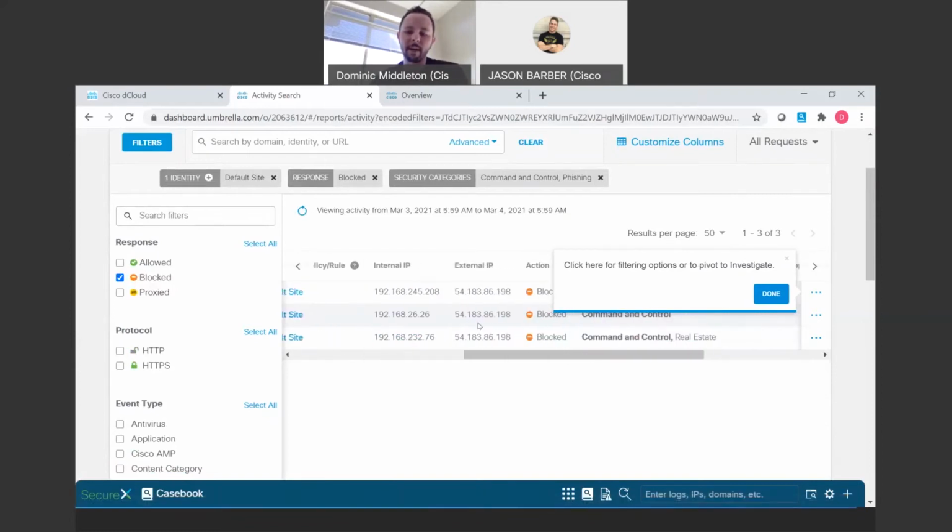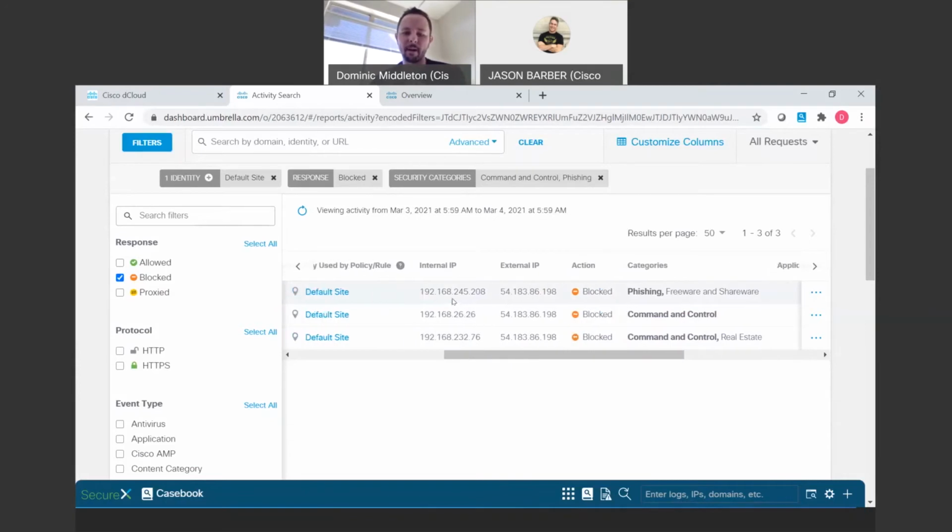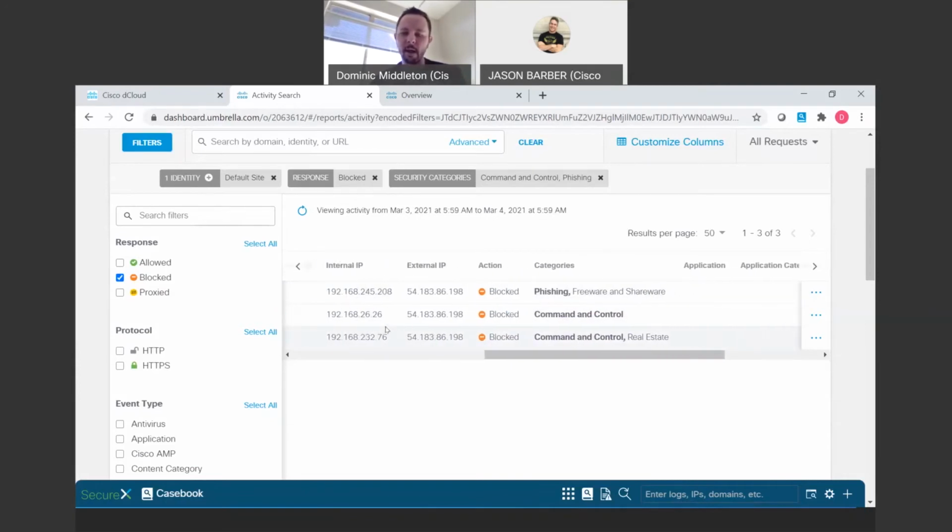But what I really want to know now that something's happened here, I can go to this individual who clicked on whatever they clicked on. I can see that one was phishing. I got 2 command and control websites here. One looks like it was masking itself as a real estate page. So I can look at that and go, okay, somebody clicked on this stuff, but now this ransomware dropper or this command and control dropper or whatever, this phishing attack email is sitting on an endpoint somewhere.